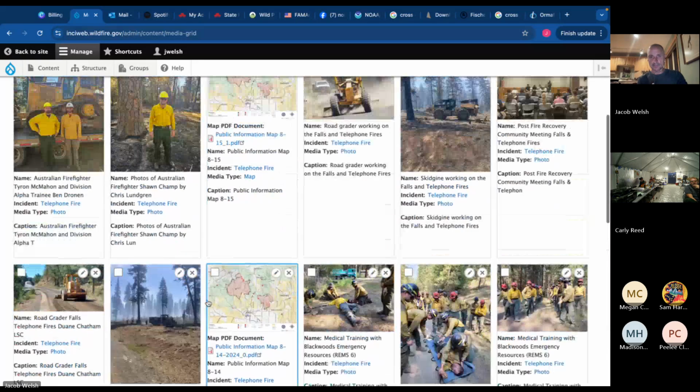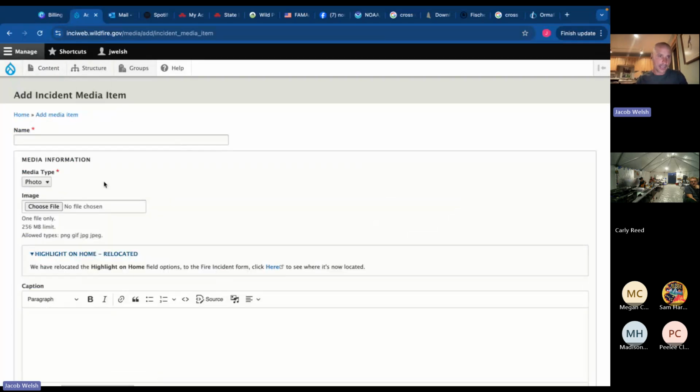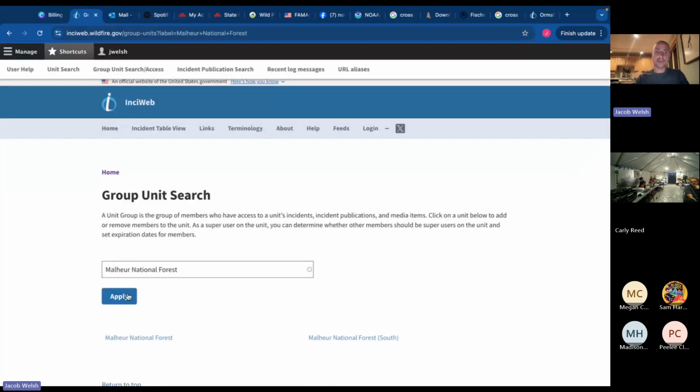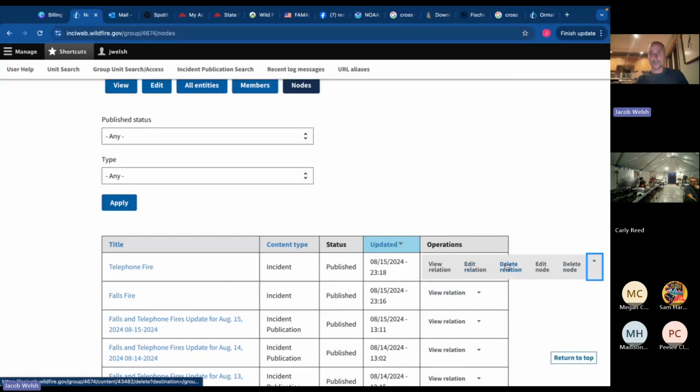Yeah, yeah. Okay, so yeah, before you highlight it on your front page, you can't just upload it there. You have to go through the manage content media, add media, incident media item, and go through the process here of choosing a file, uploading, and then it says here, highlight on home page. We relocated it. So you have to go into the node and highlight it, right? So going back to our node, group unit search. You got to go through this process a lot when you're on Inciweb, and it becomes like second nature. So then you're back in the nodes, and then boom, edit node,